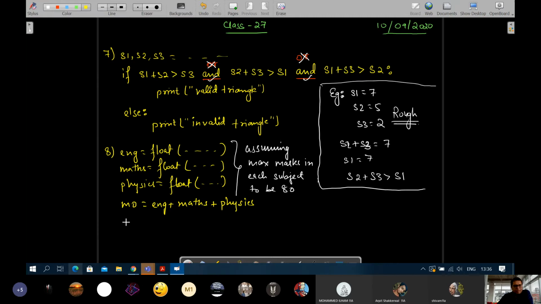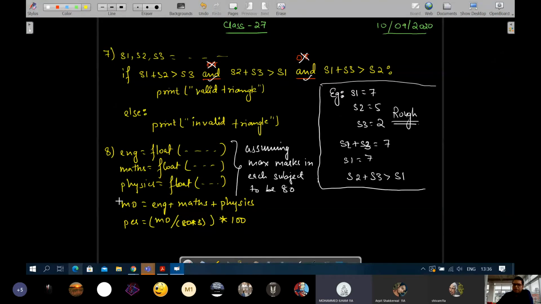Okay. What will be the percentage? Divide by the total maximum marks, marks obtained by 240. 80 into 3 is 240. Whole multiplied by 100. Is it correct? Yes, sir.